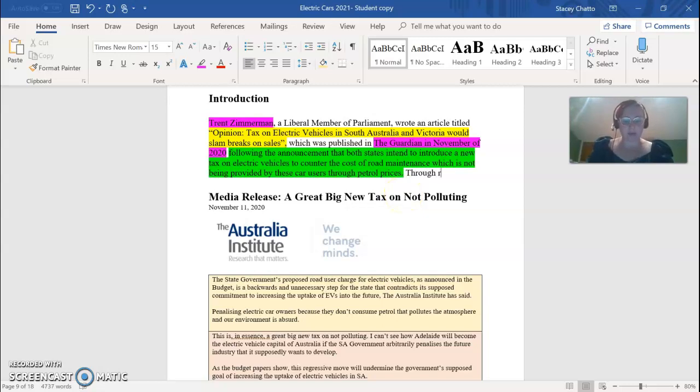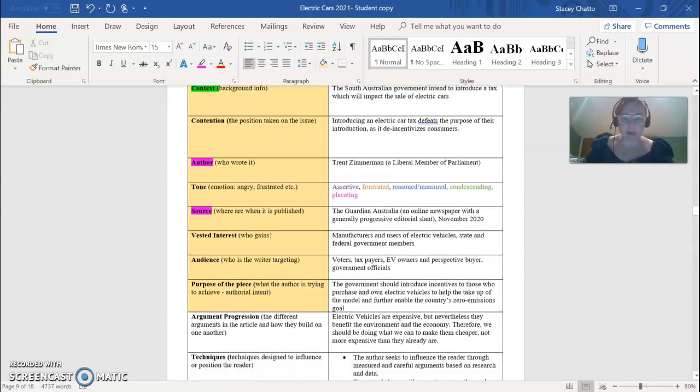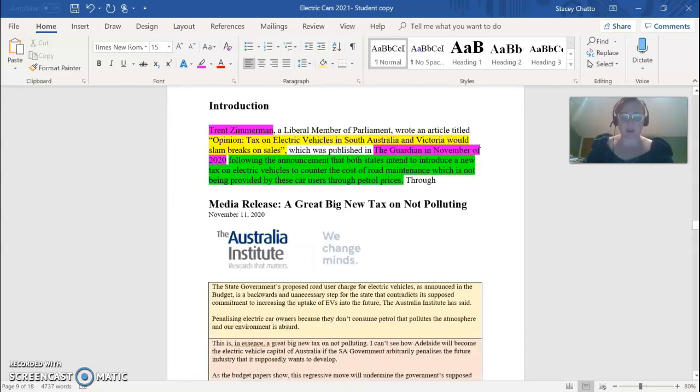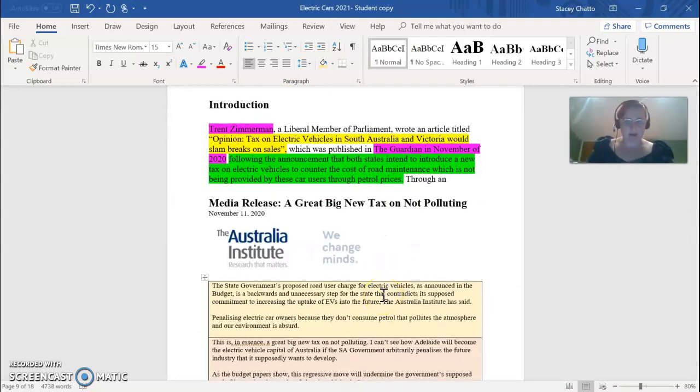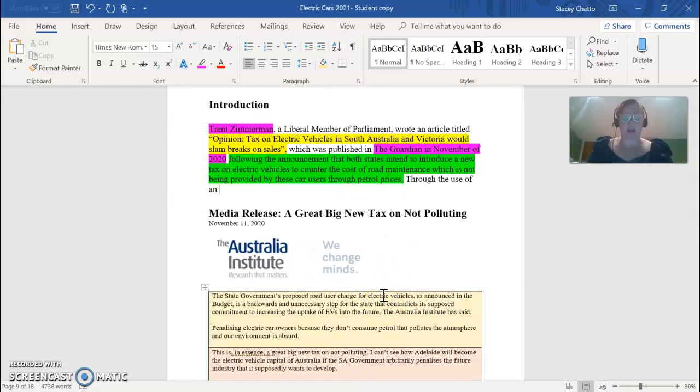Through reasoned argument, I can't spell today. What's his tone? What did we say? An assertive and, the use of an assertive and condescending tone. Zimmerman, note I use his last name, not his first name, purports